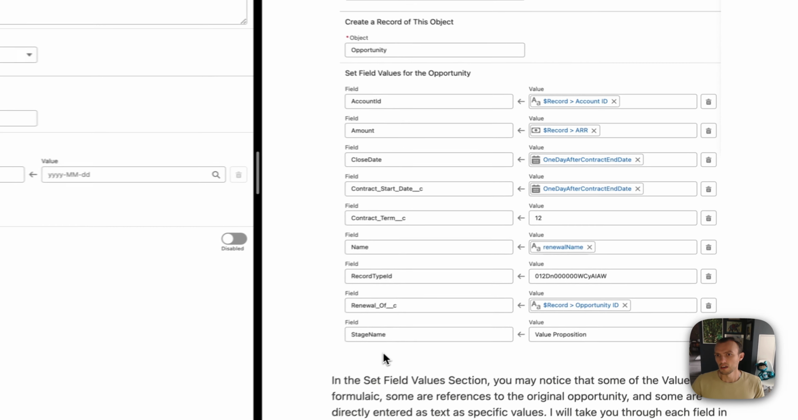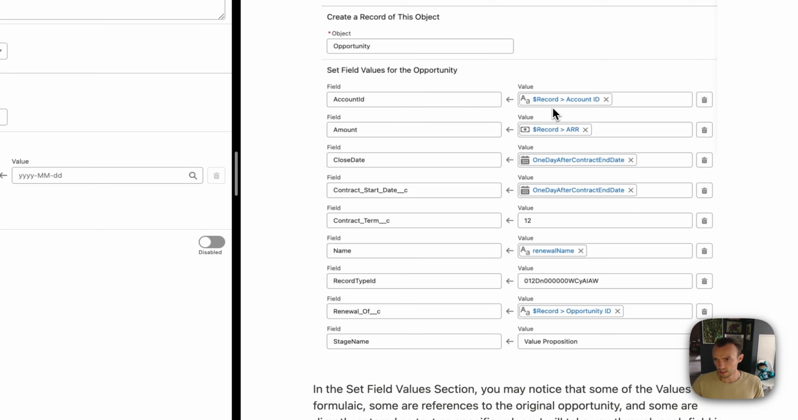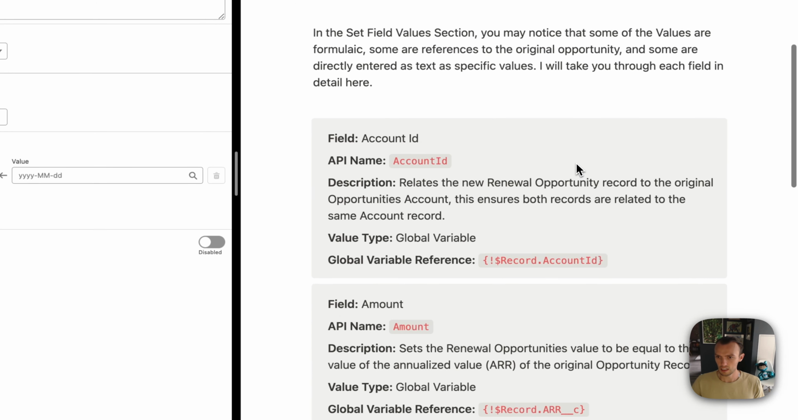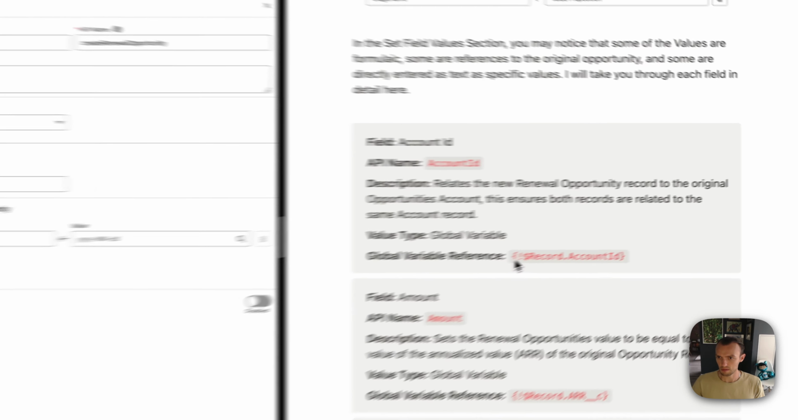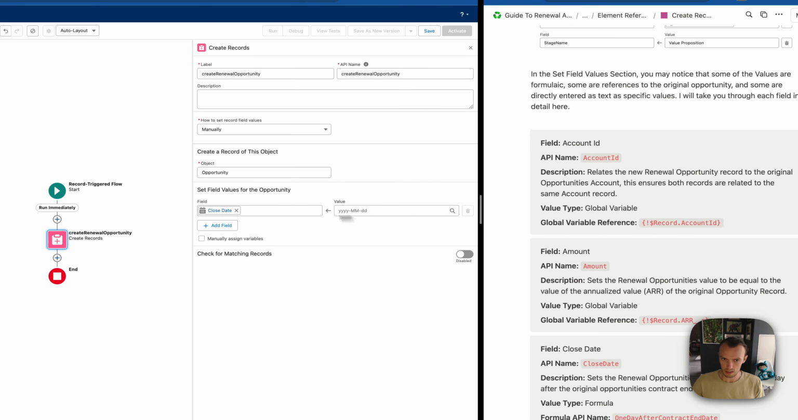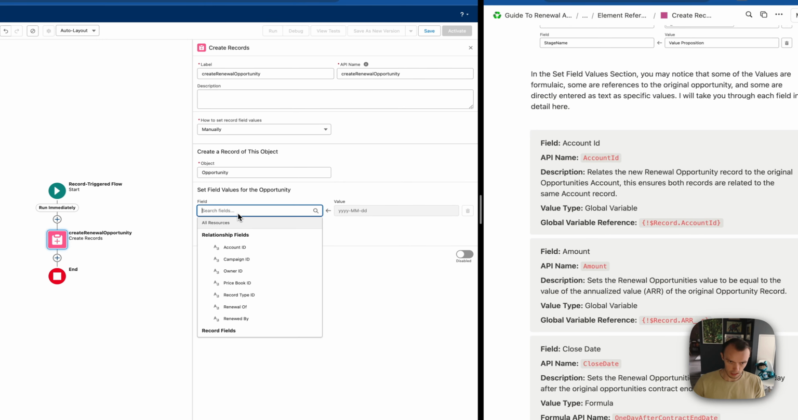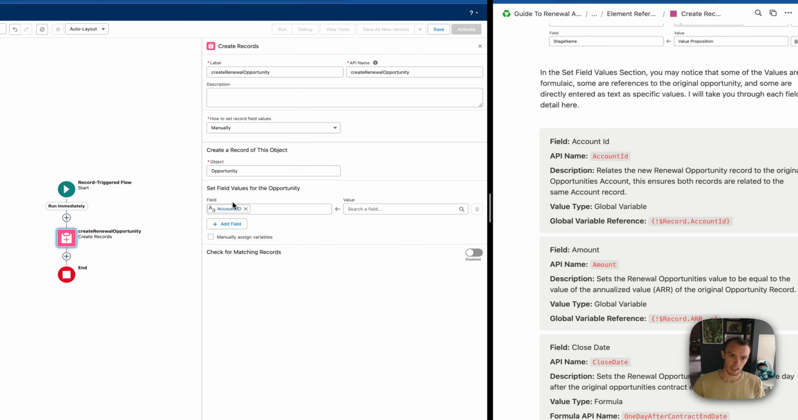So these can get pretty detailed. You'll see that this is a combination of referring to the original opportunity that triggered this, and some of the values here are being set from formula resources that we will create. And if you want to see in detail, I've included the specific variable names and references that you can use to reference these fields. So we're actually going to start with account ID